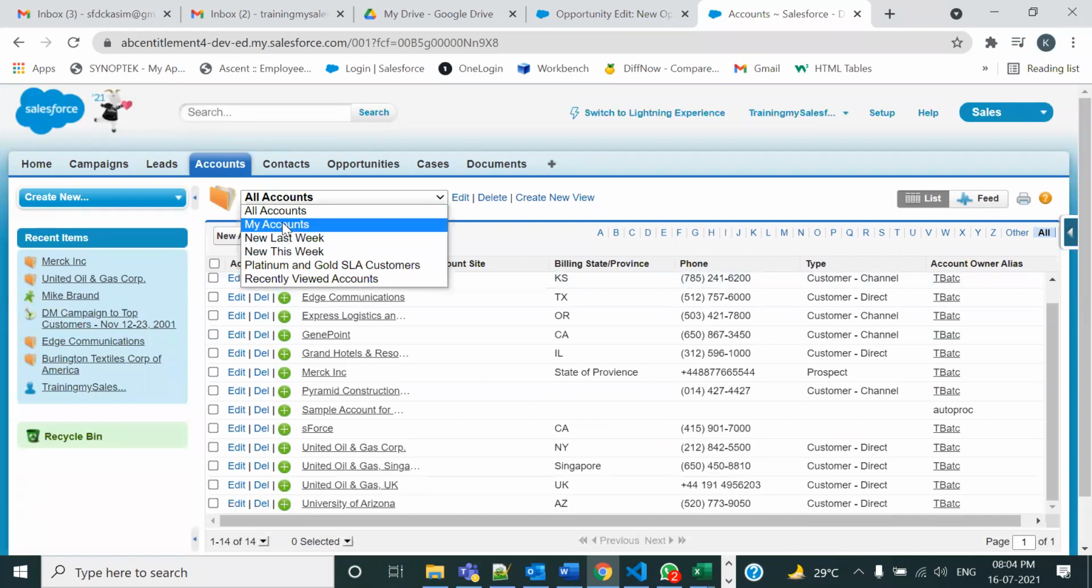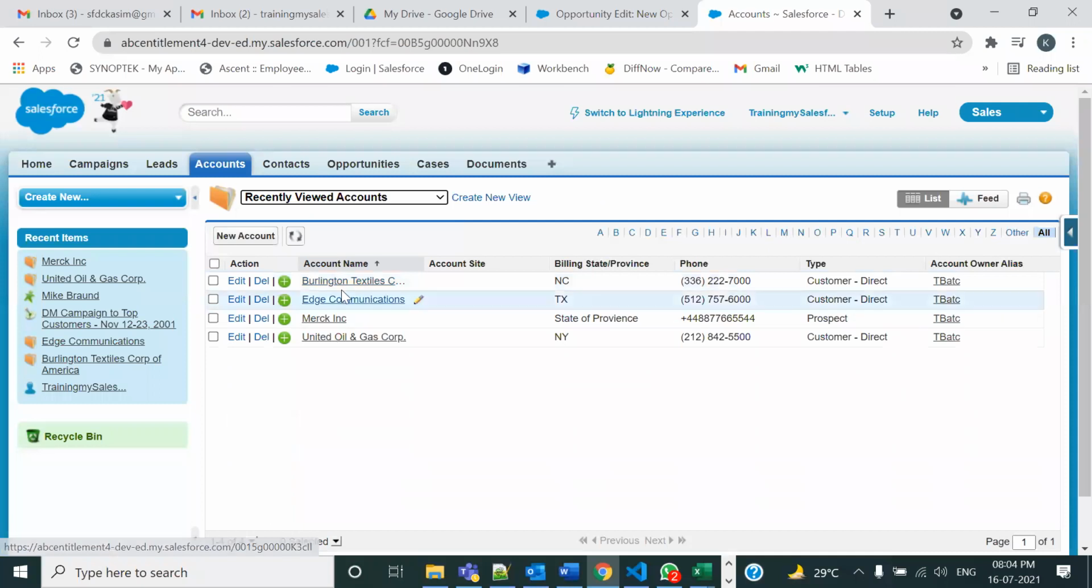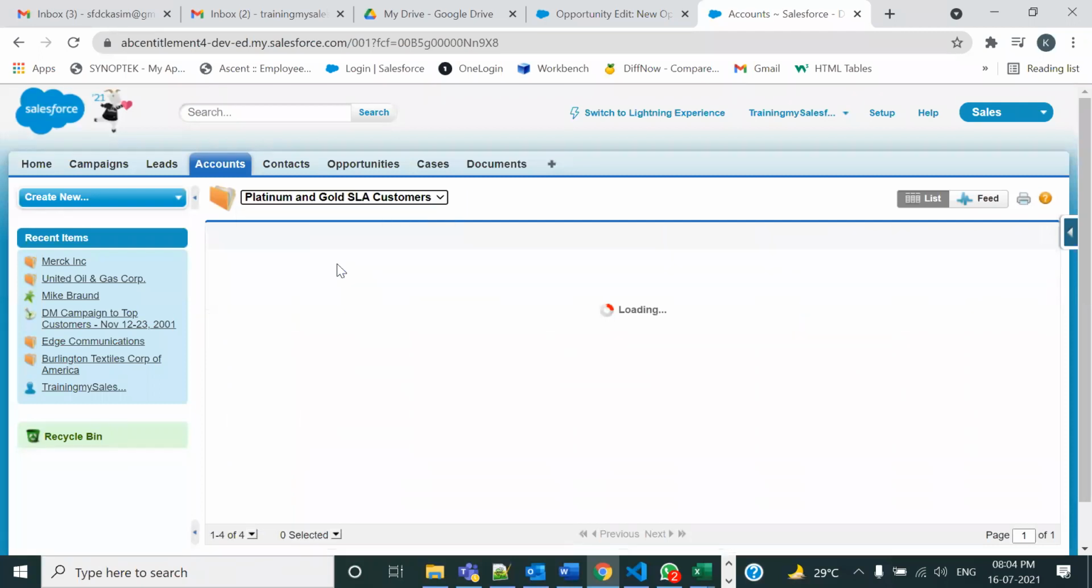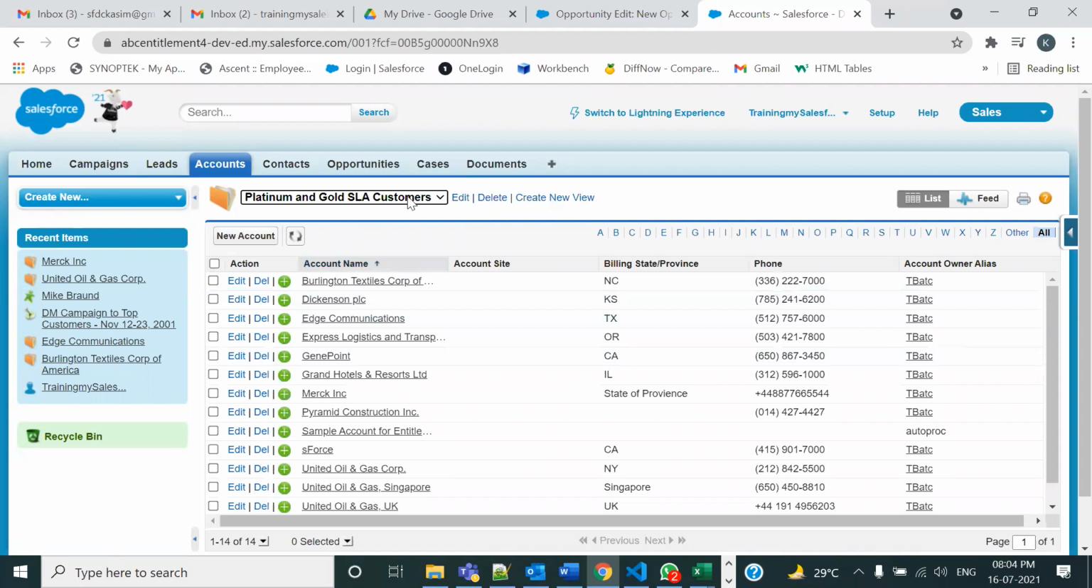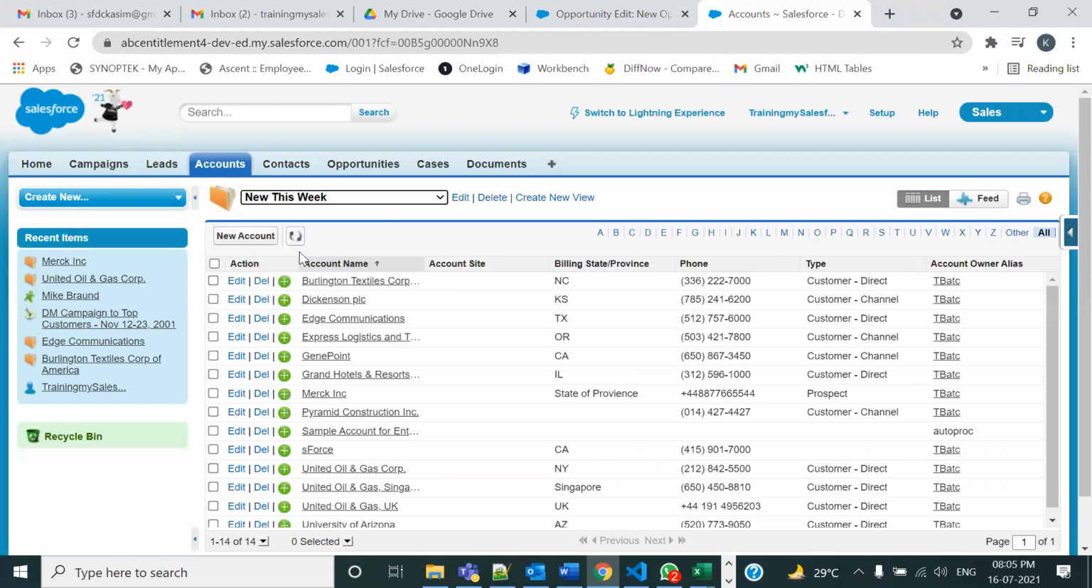वो अकाउंट जो न्यूली लास्ट वीक में क्रिएट हुए हैं वहां पे जाओ, New to this week, जो अभी अभी क्रिएट हुए हैं, ऐसे अकाउंट्स देखने जिसका SLA लेवल प्लैटिनम और गोल्ड है, या फिर रिसेंटली व्यूड अकाउंट्स देखना चाहते हैं तो वो देखिए आप। So whatever the option you select, that type of customization, that type of filter is going to be applied. If you want to see all those account records whose SLA level is Platinum or Gold, तो फिर आप ये देखिए, तो फिर वो आपको वो अकाउंट रिकॉर्ड नजर आएंगे। If you want to see the account records that are new to this week, I mean those who are created in this week only, तो आपको ये दिखेगा।